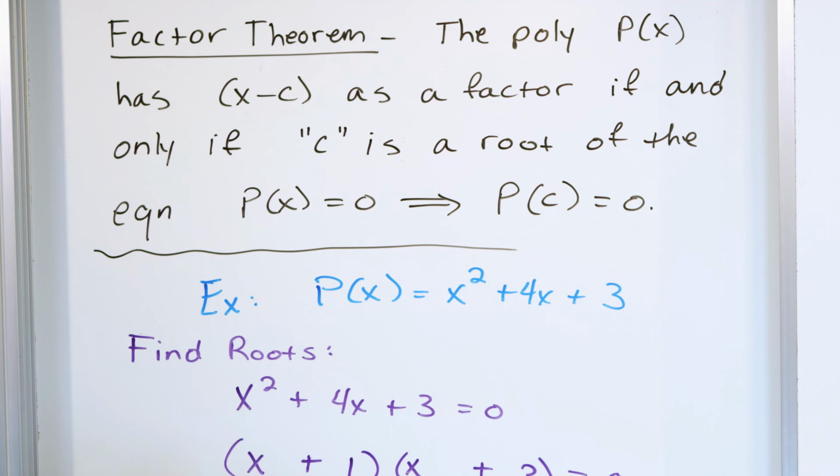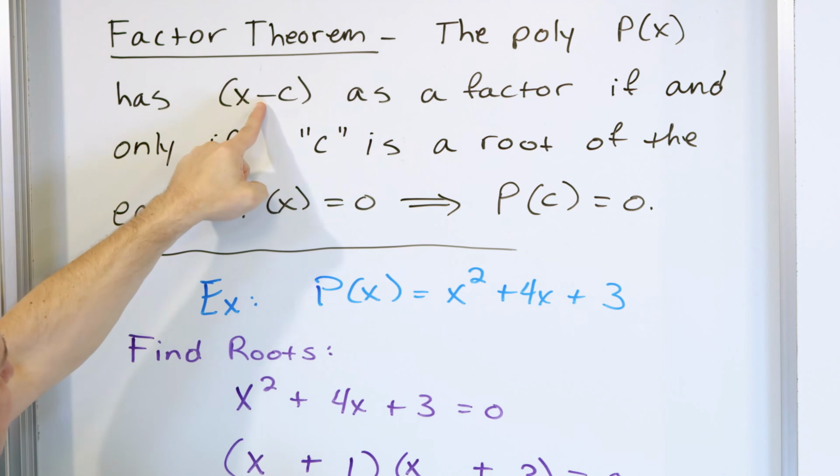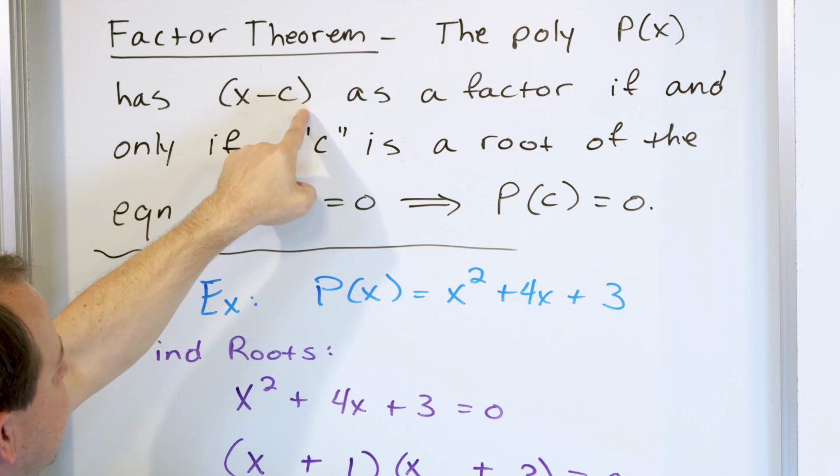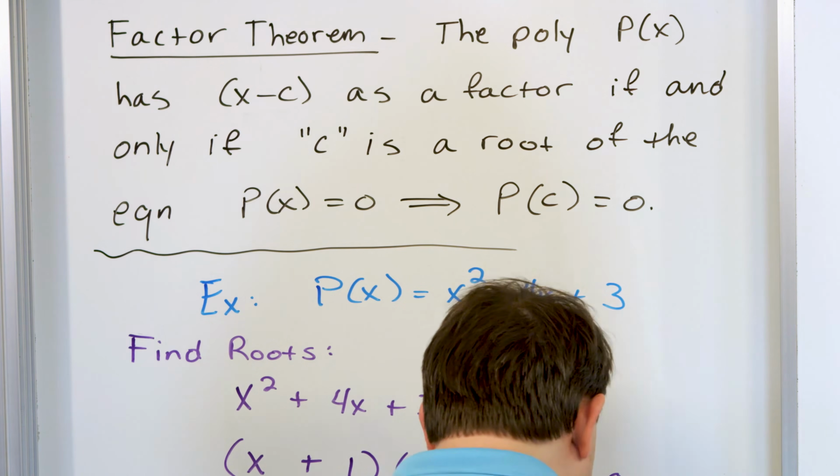In this case, the value of c is negative 1, and the other value of c is negative 3. You have those two values of c, then you automatically know the factors of this polynomial, x minus c, and then the other factor is also x minus c. Okay? So the factor theorem says,